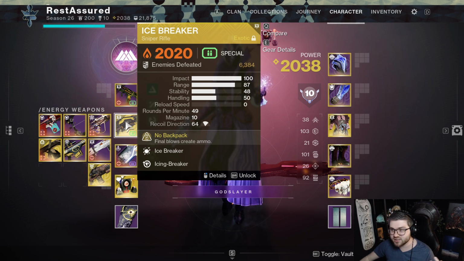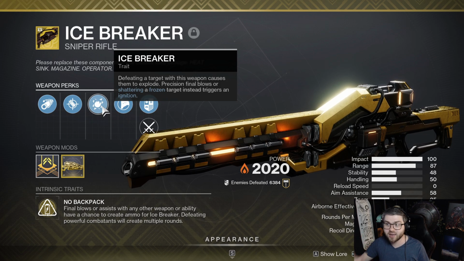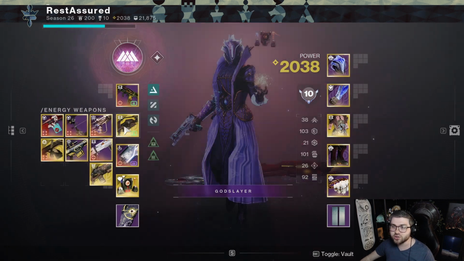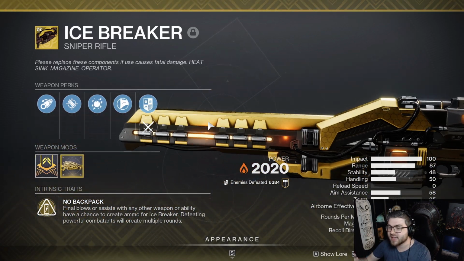It is disgustingly strong, and then on top of that, every single time you hit a frozen target, you are going to cause an ignition. This also can proc if you get a precision kill, but since, again, you're always going to be shooting frozen targets, you literally get ignitions and shatter damage 24/7 all the time. It is absolutely disgusting. I love Icebreaker with this build, but I know it's obviously not the easiest thing to